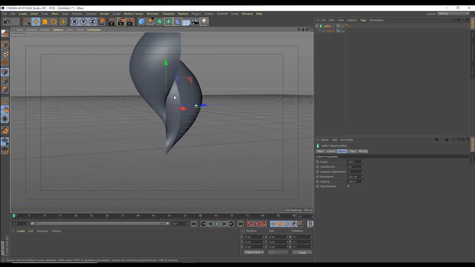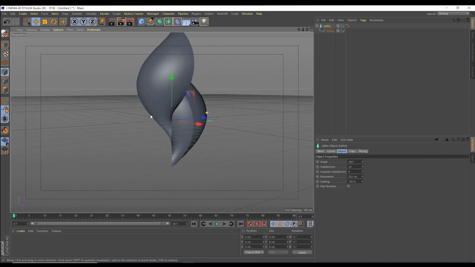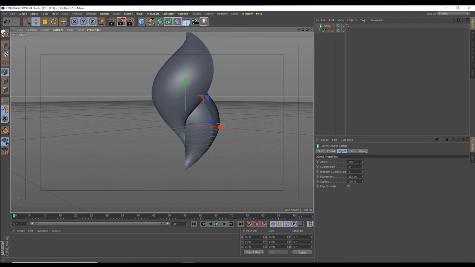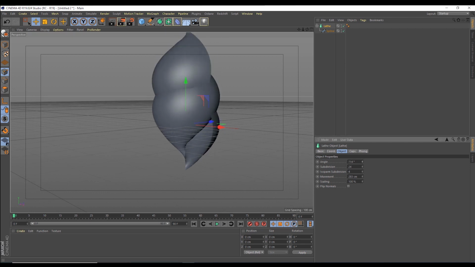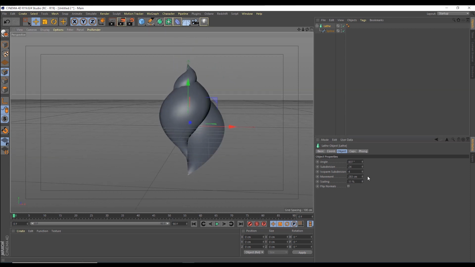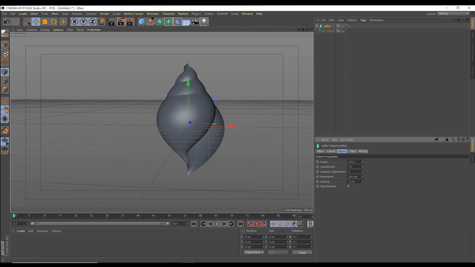Next, I am increasing the angle. The top part is rotating. And next, I am scaling and increasing the subdivision and angle. Finally, it changed into a cone shape. It is easy to make the cone shape.